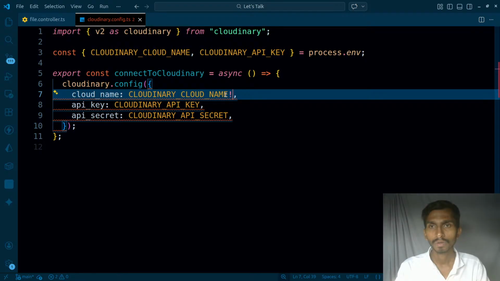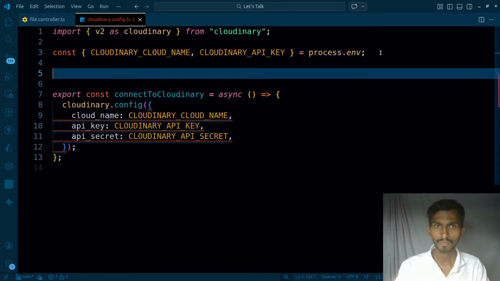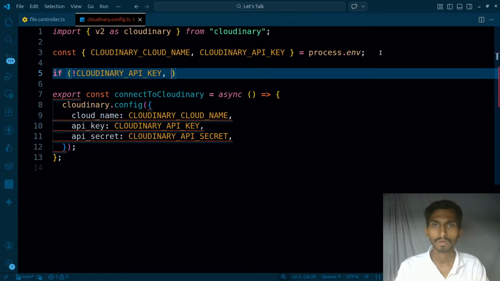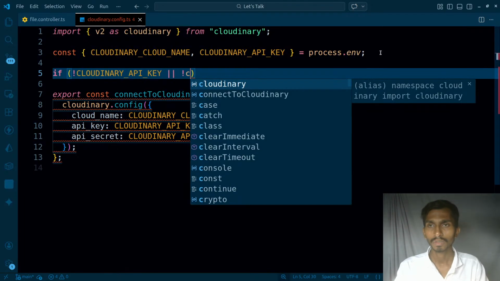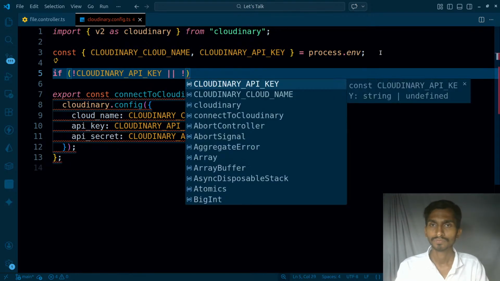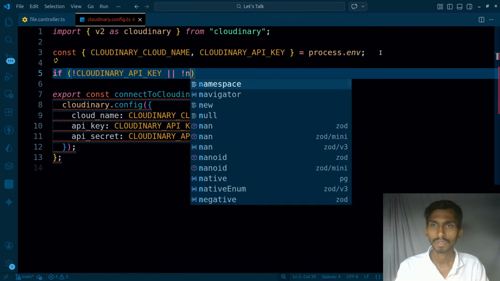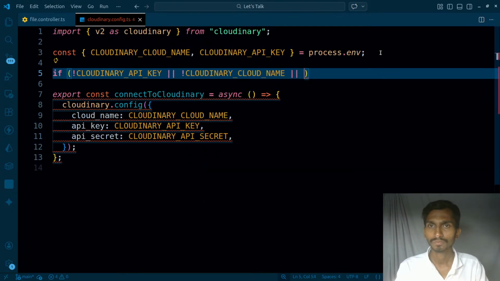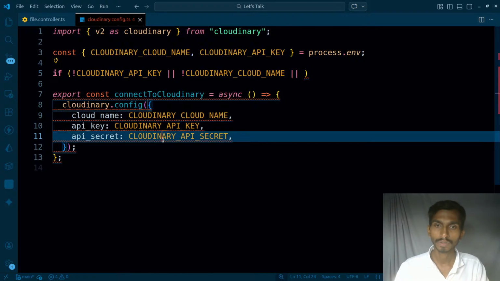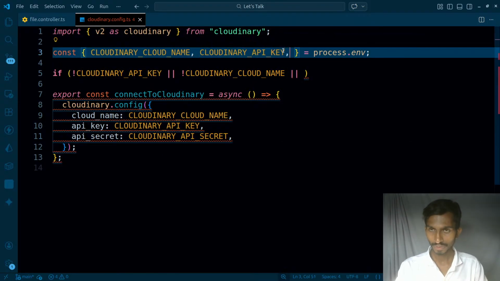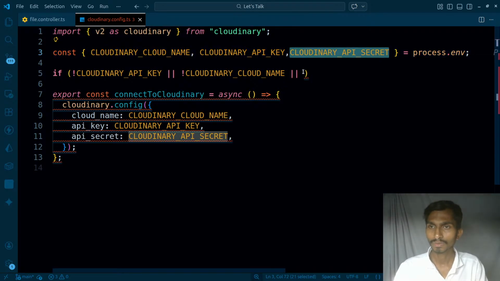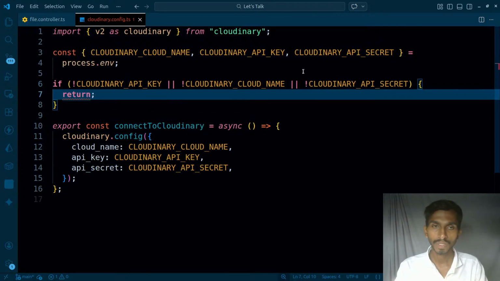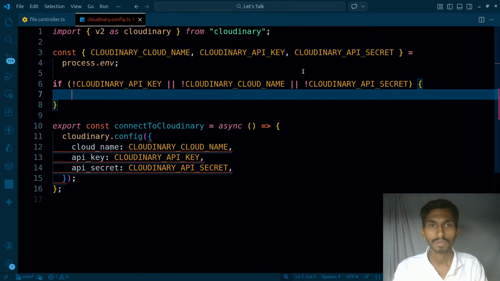Will it work? Okay, so let's do one thing. If not Cloudinary cloud name, or not the Cloudinary API key, which is done, or let's get this one, or I need to have the secret as well, so Control C, and just get the secret too, or if this is not available, in that case return. Now it's fine, and I can just say console.log